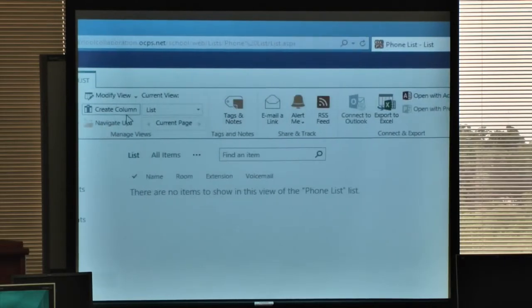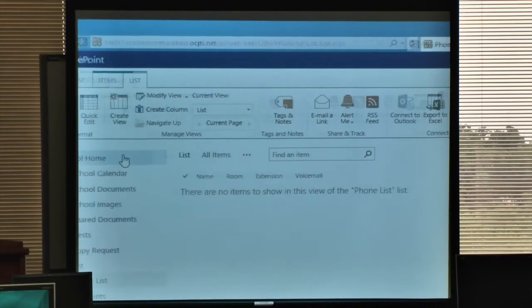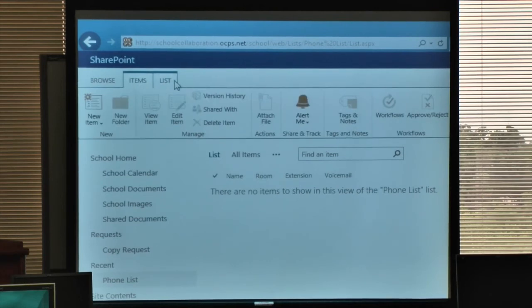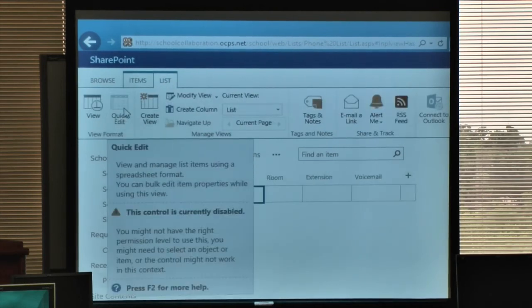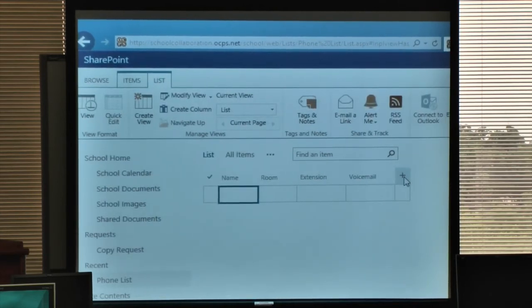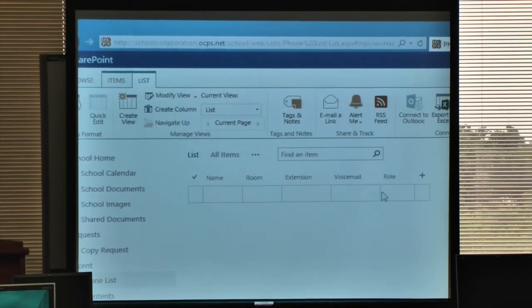There's multiple ways of doing this. Actually, you know what? I'll show you the easiest way. When you're in that quick edit, you see the little plus sign on here? You can just click on it and you can add a column. Most likely it's going to be text. So you click on text and then do role, and there you go. A good thing about doing a list, if it's something that you're going to have